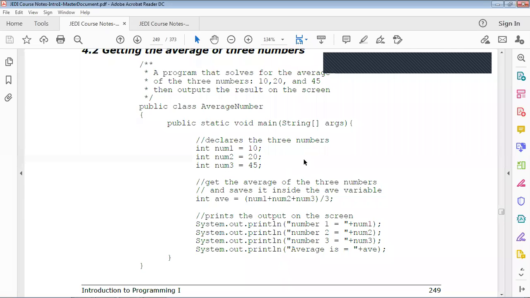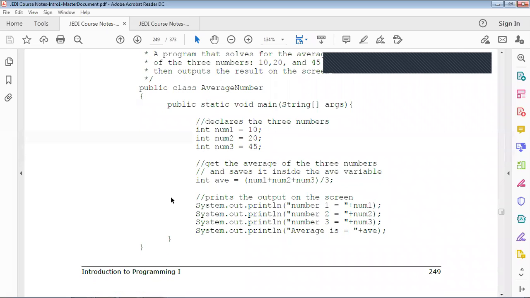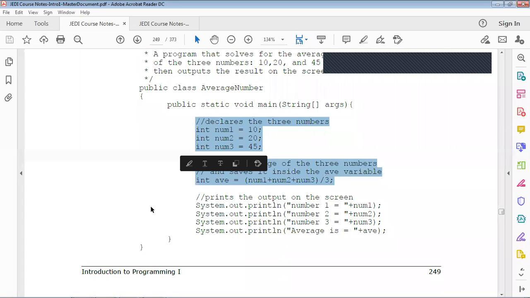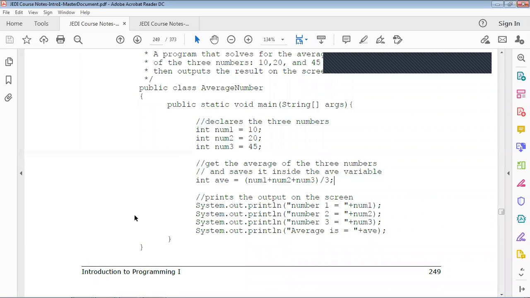And then get the average of the 3 numbers. The assignment statement: int ave, it's up to you what user-defined identifier, it can be average or AV or A for average, is equal to the formula enclosed by parentheses.